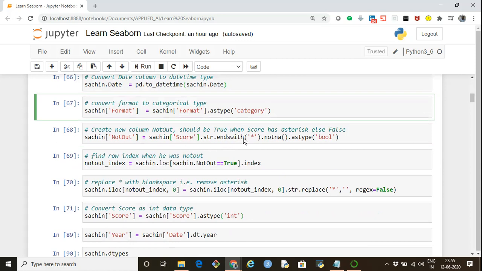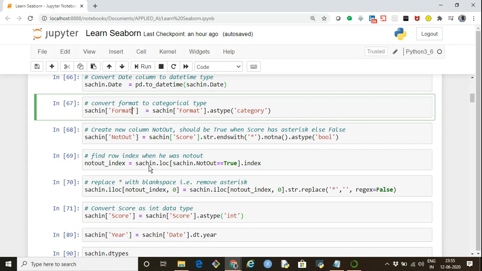So if the score ends with the asterisk, whether that particular score was not out or not, then accordingly I'm converting it into boolean, which is true or false, and storing the result back in Sachin's not out column, which is a new column that I'm generating.